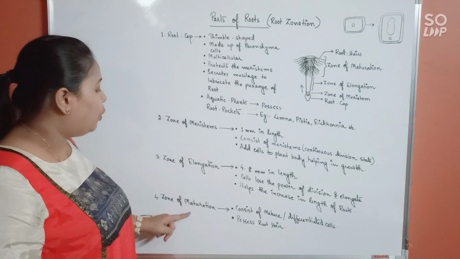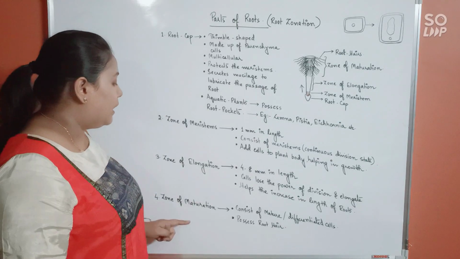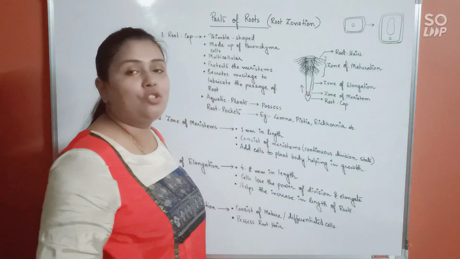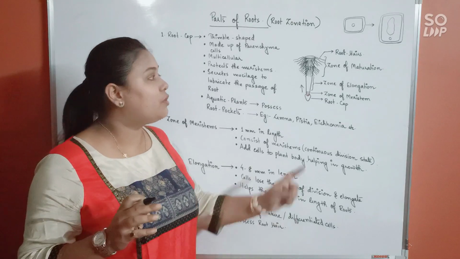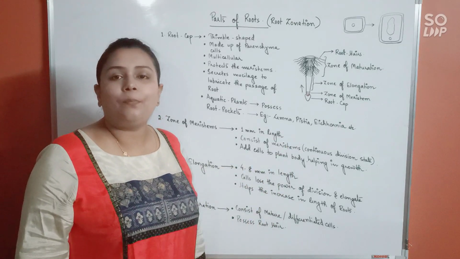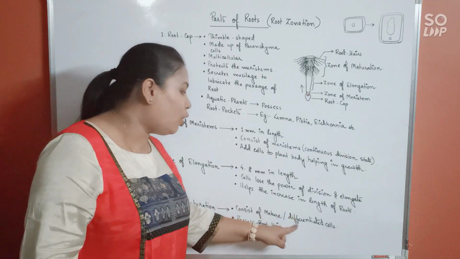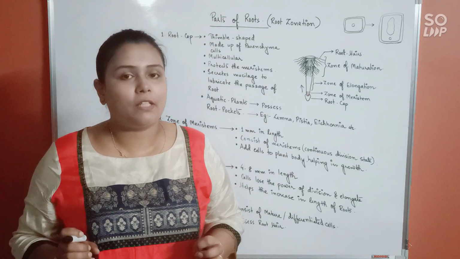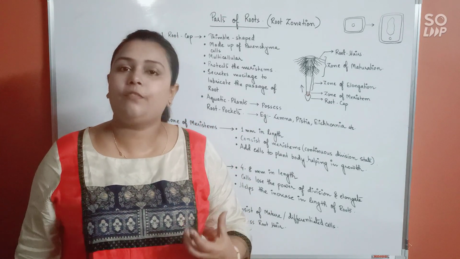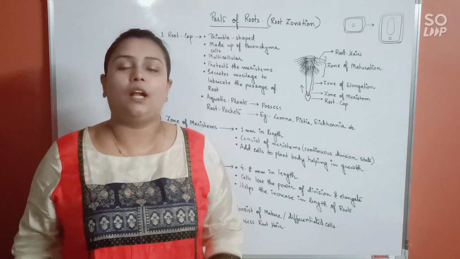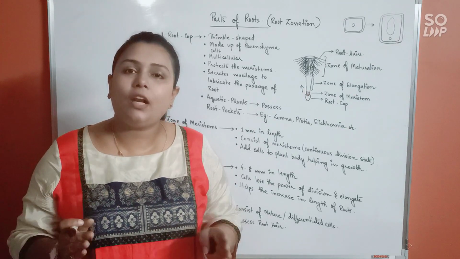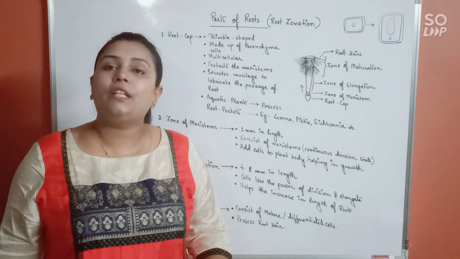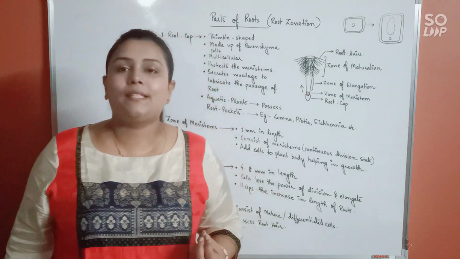Okay. Next is the zone of maturation. This part is the zone of maturation. The bulk of the root is made up of the zone of maturation. The zone of maturation consists of mature or differentiated cells. Differentiated cells means the cells now take up a specific shape and start performing a specific function. So they have become mature. They will not divide and they will have a specific function to do. So they are regarded as mature cells. Even the cell wall will become very thick in such cells.